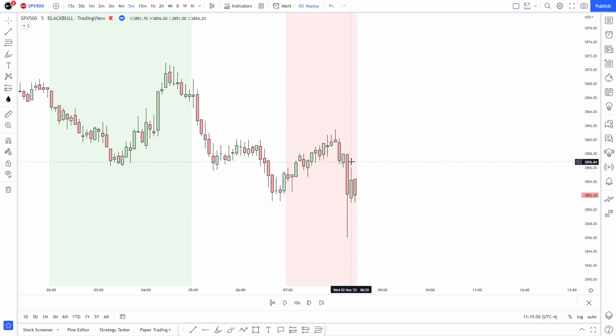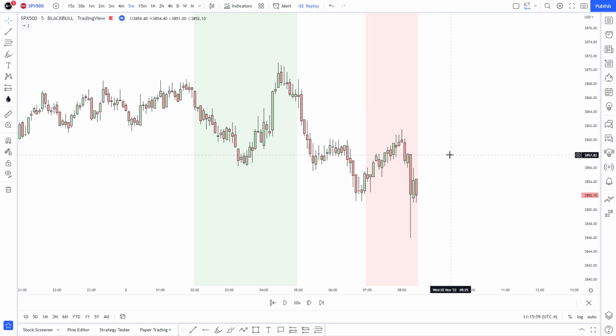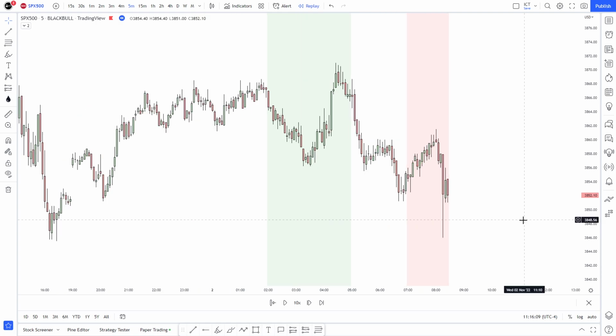When I get on the charts, and this is the exact price action that I see, I'm looking for highs and lows that have been taken. What's the overall direction? What liquidity has been taken with the overnight price action? What's going on, basically? Because there are multiple things that could have happened overnight that I need to understand, that you need to check out, just to know what could happen next.